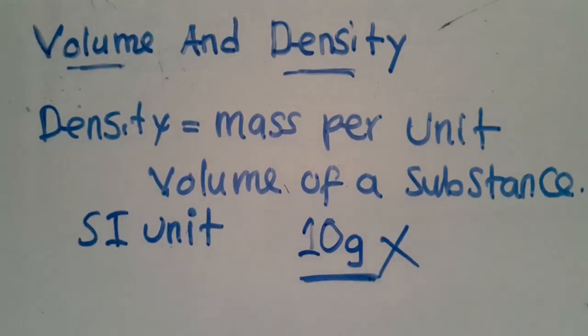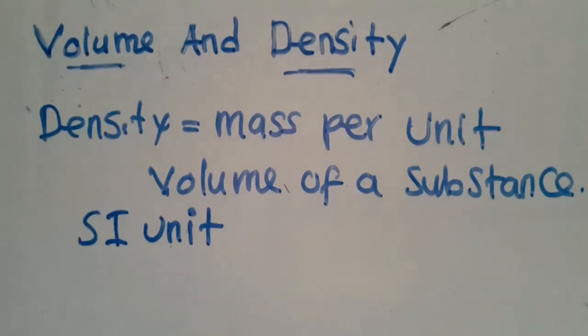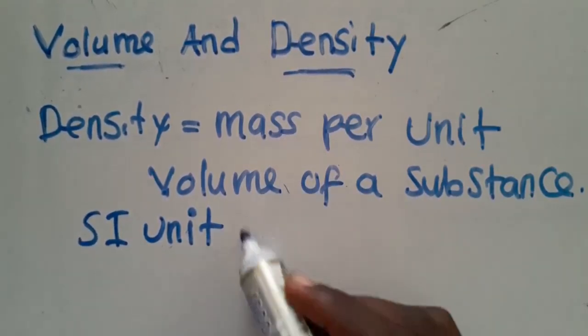This is not correct because I've taught you that whenever we are talking about mass, you need to convert mass to its specific SI unit, which is kilograms. Make sure that we know how to convert. So even this one, the SI unit for density is kilogram